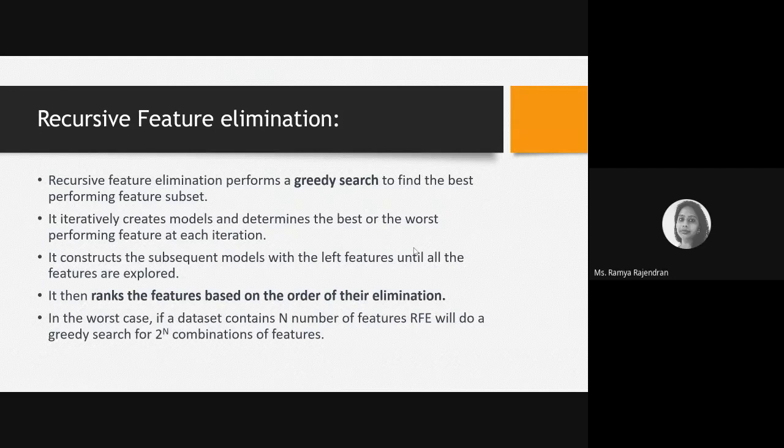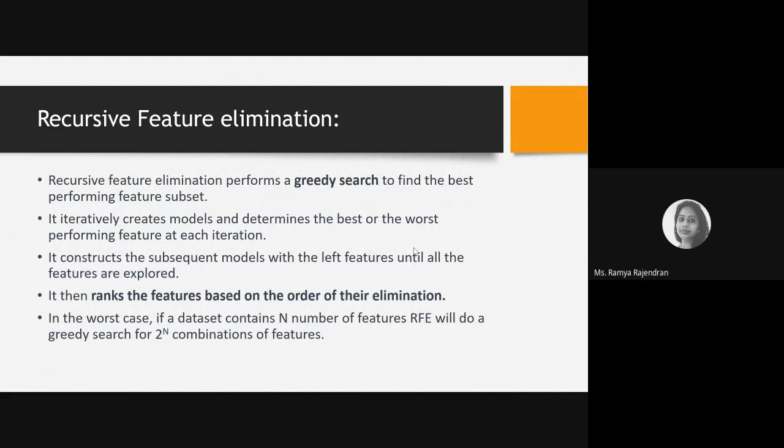and it's used majorly in the industry. Here it does a greedy search to find the best feature. Well, it's not exactly finding the best feature; it finds the best performing feature subset. For example, feature 1 and feature 2 might be the best features, but when combined together, they may not give me a good number. But when feature 1 is combined with feature 3, I might get a good R square value. So this method creates different models with different subsets iteratively,